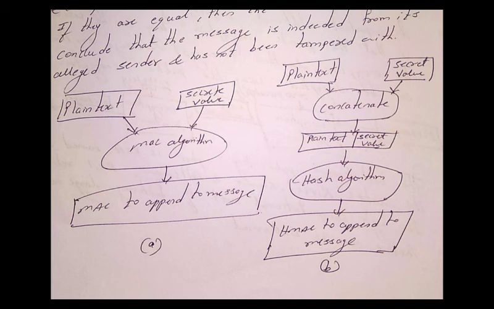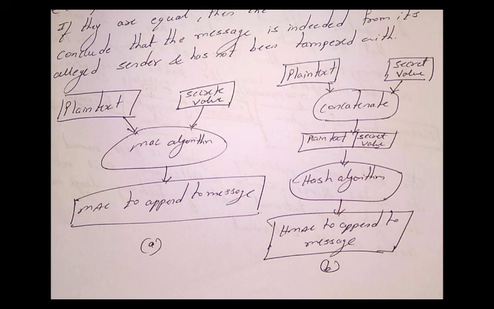The receiver also does the same function. He also generates the HMAC of the message, and compares both these message digests or hash message authentication codes. If both are the same, then it indicates there is no error, and it verifies the authenticity and the integrity of the message. That message is correct, nobody has modified it, and it has been transmitted by the owner only. Is it clear? So this is how you use it.